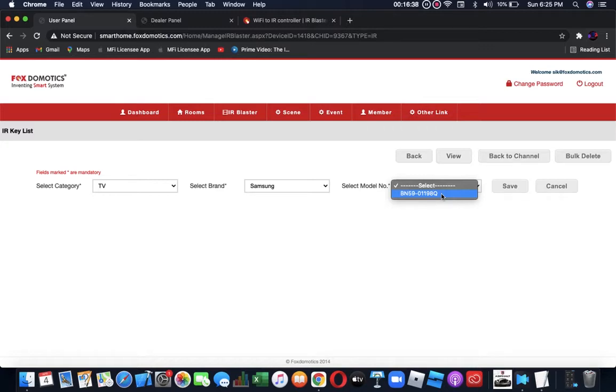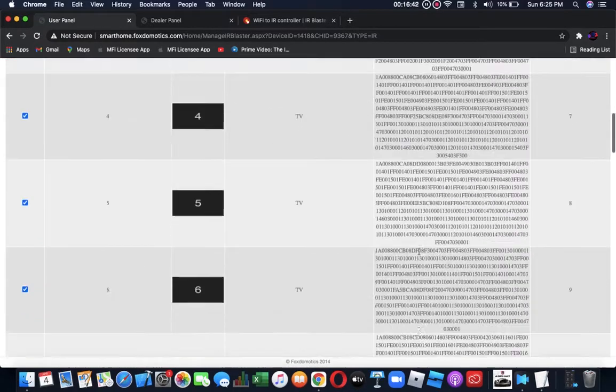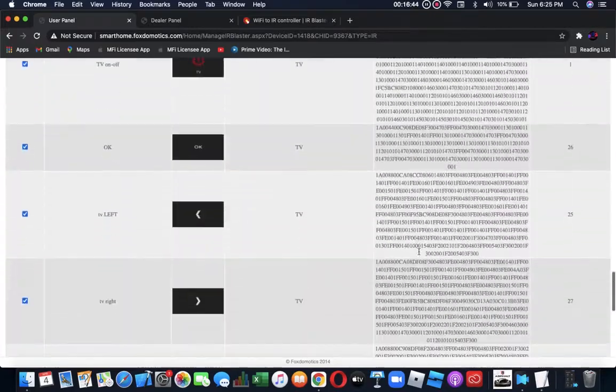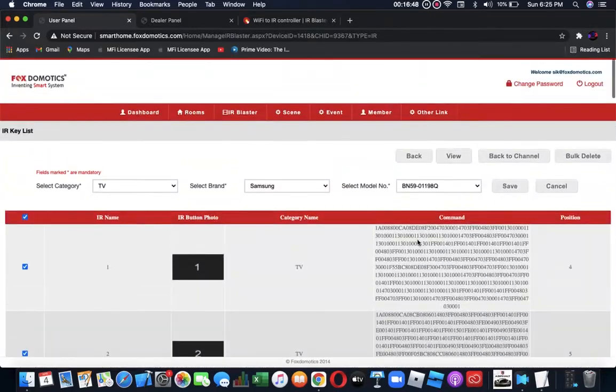So if I select this particular remote, you can see as soon as I select, all the buttons with their hex codes are here. If I want to add this existing remote, I can do that. You can see the check boxes. If I uncheck, all is unchecked. If I want to select all the buttons, that also can be done.